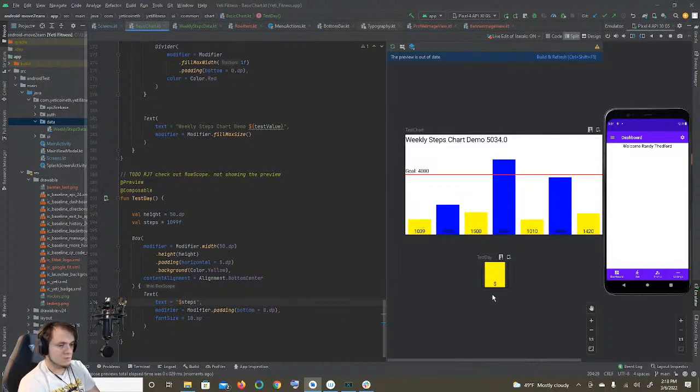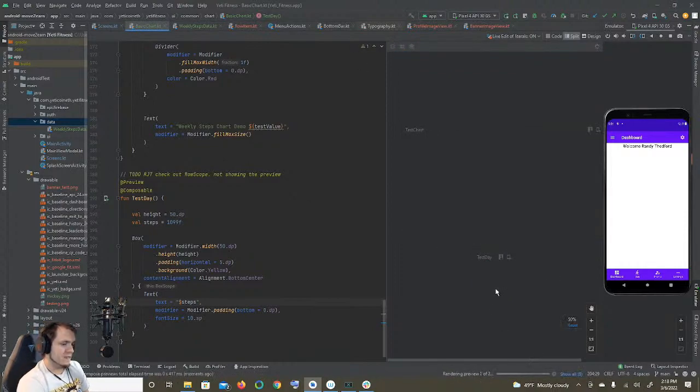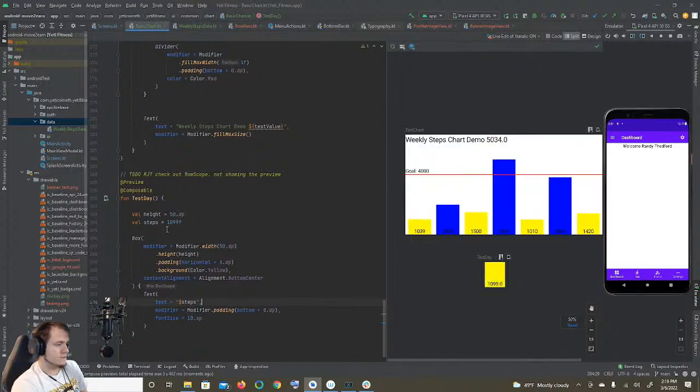Oh, showing that $ sign. Let's refresh. It should show 1099. I change up the numbers on and off because I like to see, for example, if I use 1000 everywhere, then I don't know if it's actually changing or not. Okay, so the next step is